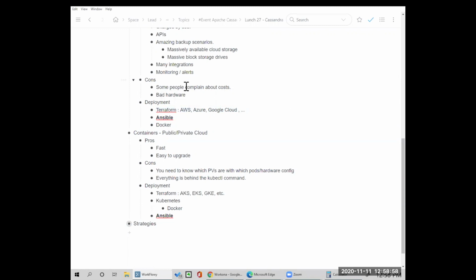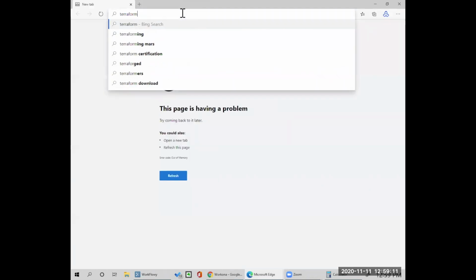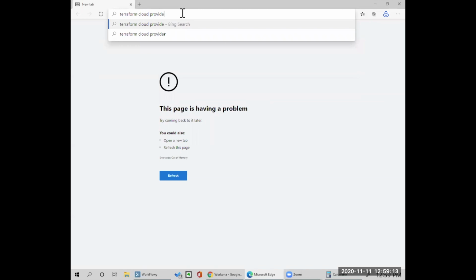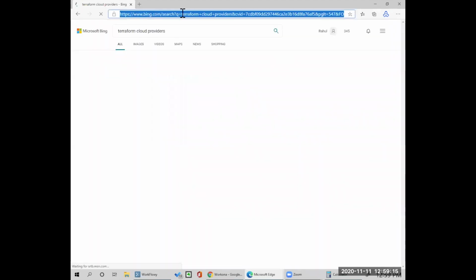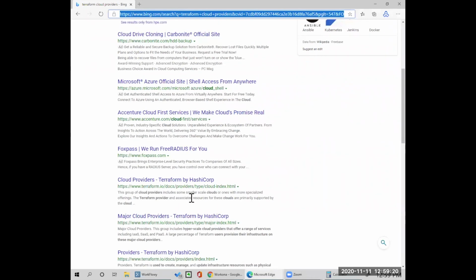And quite frankly, if there's a Terraform provider, who cares? You're not even using the interface to create those machines, right? You're using a command line to say, I want computers, right? Does that answer your question? Yeah, that's helpful.